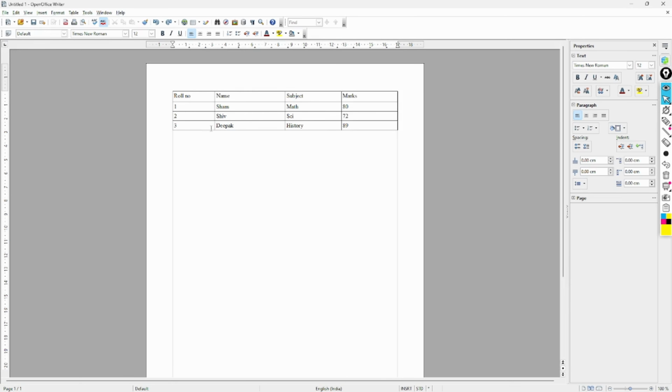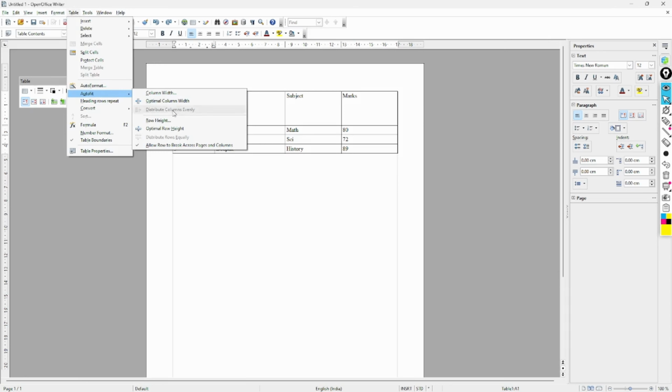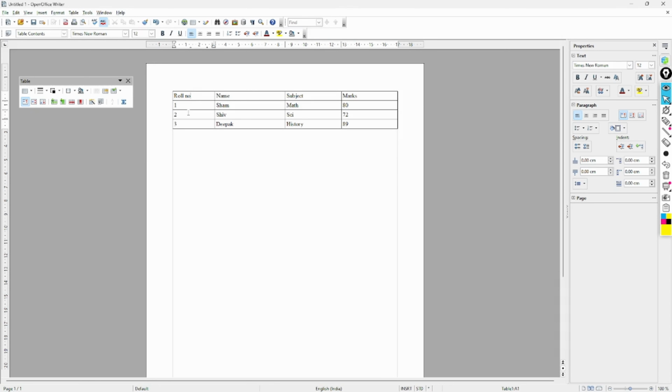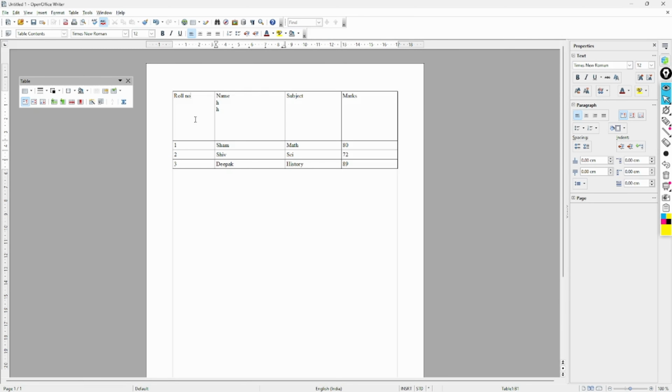And now you will go with the row. Right? Row, same. For the table, optimal row height means it will occupy only that much height. Correct? Now see, here I will place it like this. This much is the necessary space. Correct? This much is invalid, so I will select the table,